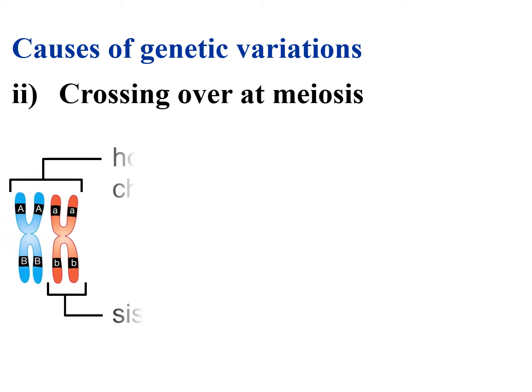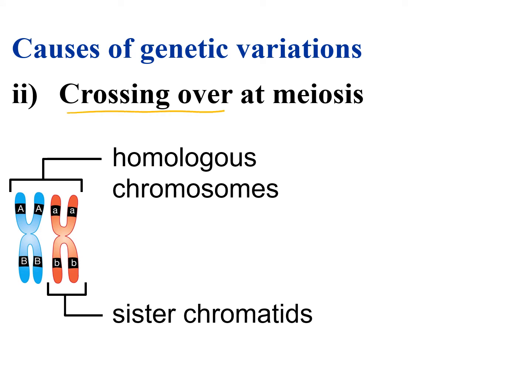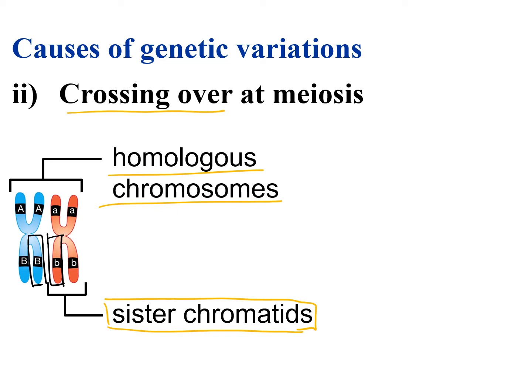Another possible cause of genetic variation is the crossing over at meiosis. From the diagram below, you will see the homologous chromosomes, the paternal and the maternal chromosome, pairing up together. And for each of the chromosomes, inside there are two sister chromatids, left and right, sticking together. And I want you to focus on the non-sister chromatids over here. This one and this one. These two together,